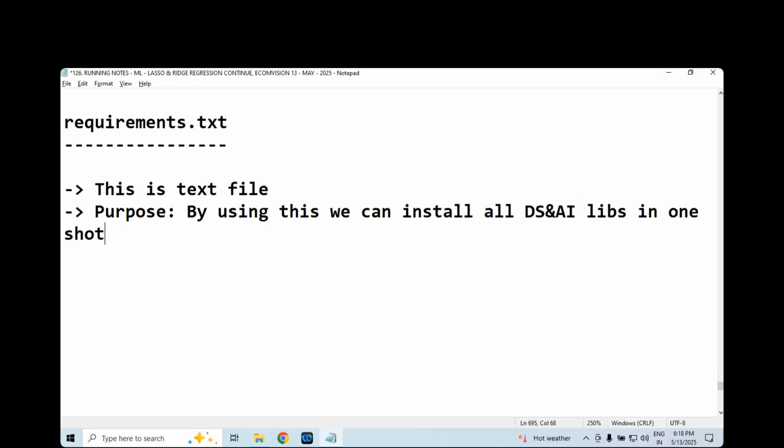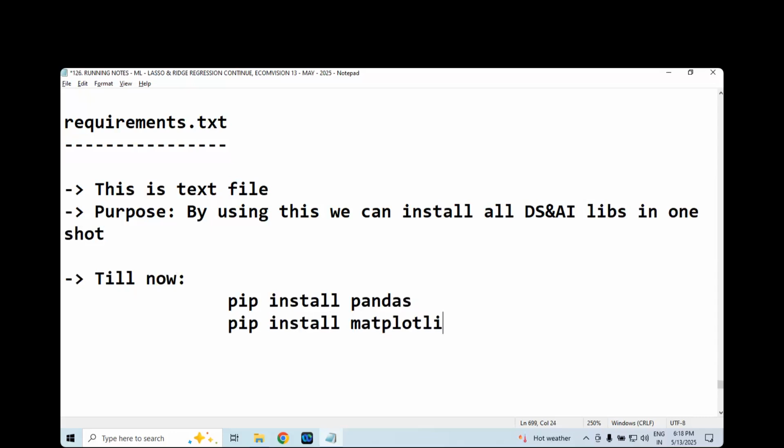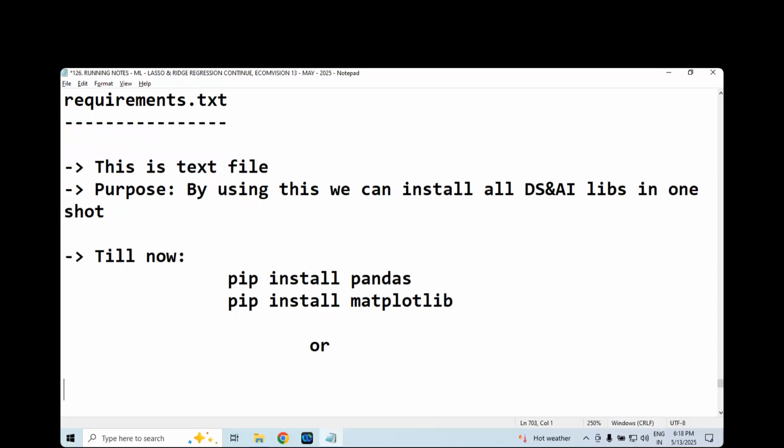Till now, what process did we follow? If you wanted to install pandas, pip install pandas. The next one, pip install matplotlib.